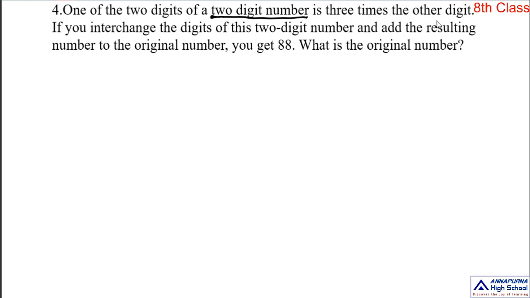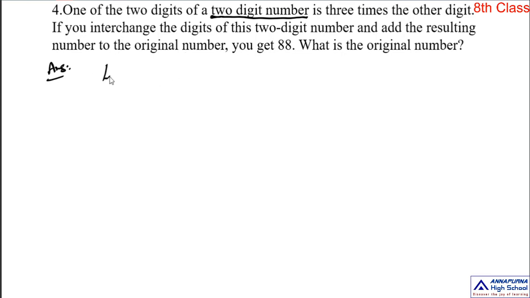That means the one digit value depends on the other digit. So that's why we can choose any one digit out of the two digits as x. Generally in the two-digit number, the two digits are placed in which places? Ones place and tens place. So in these two digits we can choose any one digit as x. That means we can take the digit in ones place as x, or the digit in tens place as x. We can choose any one, no problem.